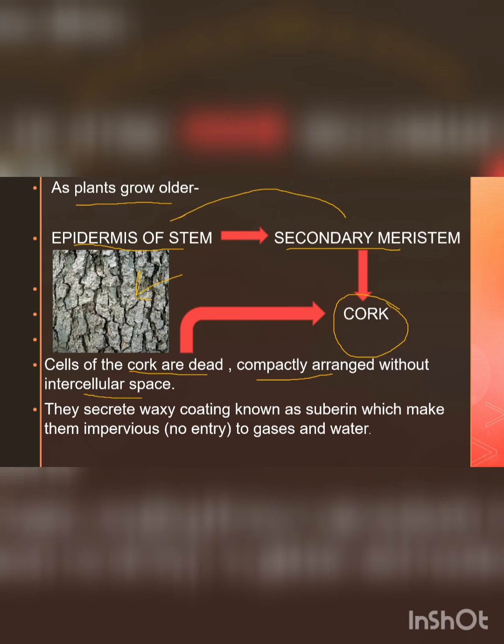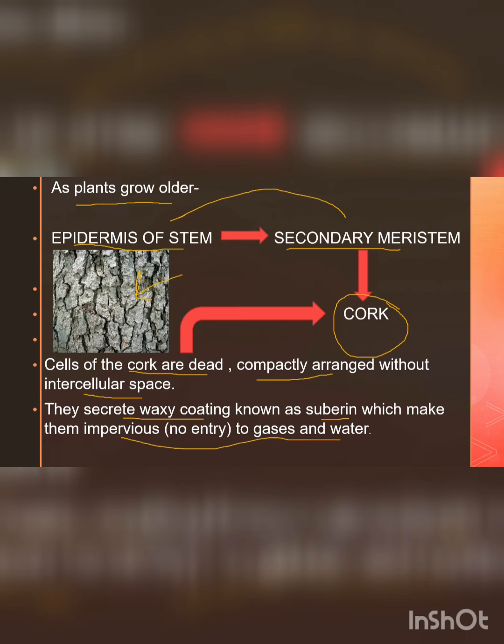Okay, and one more thing you should know, this cork also secretes a waxy coating known as suberin, which is very important. Why? Because it does not allow the entry and exit of gases or water. If this suberin layer is not present, then it is possible that a large amount of gaseous exchange or water removal takes place from the body, which is very harmful, because we do not want that to happen. So just to protect all the nutrients and gases, these cork cells will provide a waxy coating to the cork.